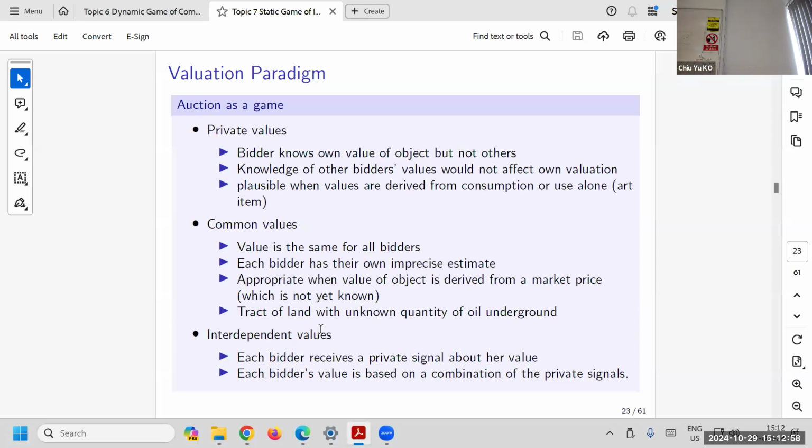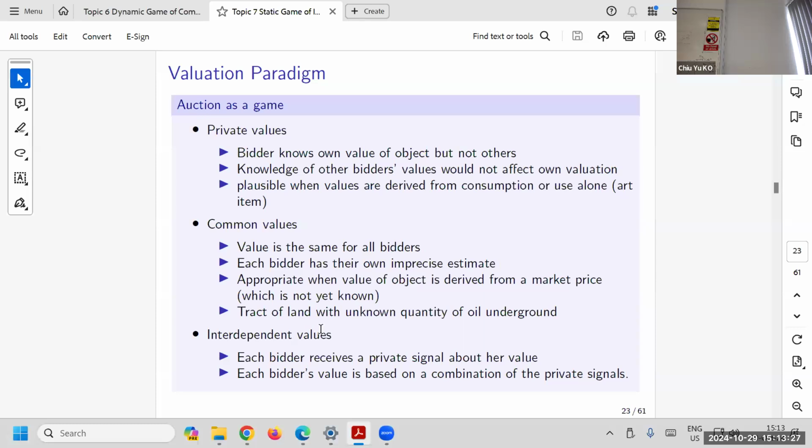And you look at the literature, you will see there are at least three types of auction. In our class, we can only do one, private values, which means that every one's valuation is drawn from an IID distribution. You draw your value, I draw my value, independently. So if I like it, it doesn't mean I can tell you whether you like it or not. That's the simplest model.